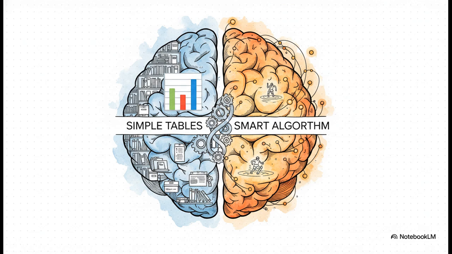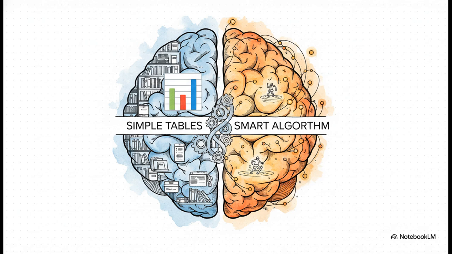On one side, you have these simple tables. They just look at history, what a bowler usually does, or how teams score in the first 6 overs. That gives you a fast, reliable baseline. But then you have the smart algorithm. This part understands the current match situation. It adjusts the odds based on real-time pressure. So if a wicket falls or the required run rate suddenly goes way up, the algorithm recalculates the chances for